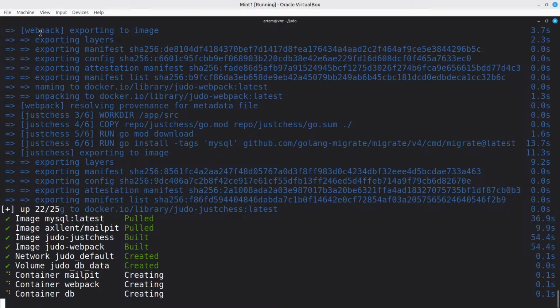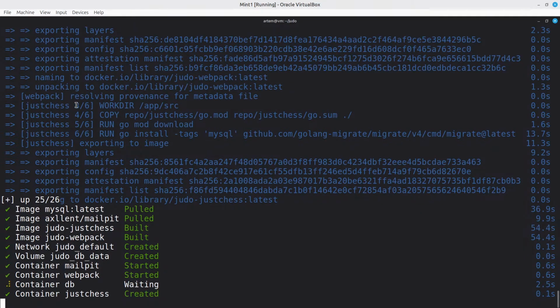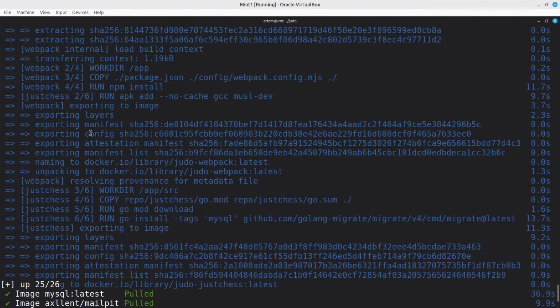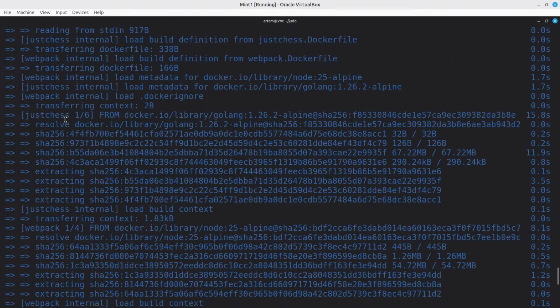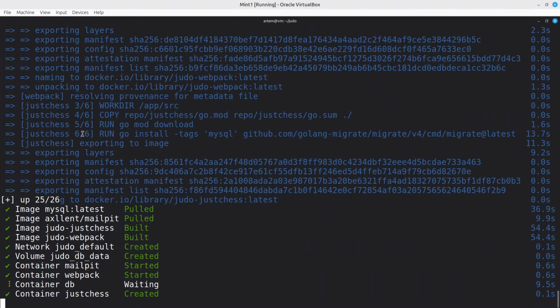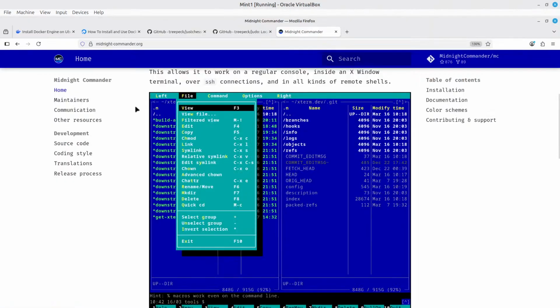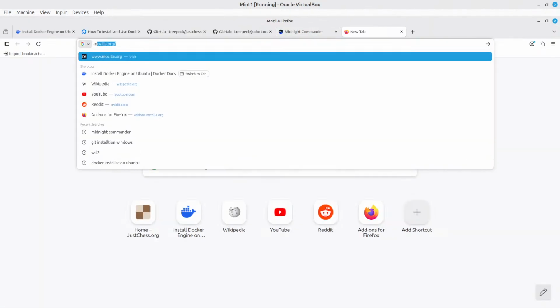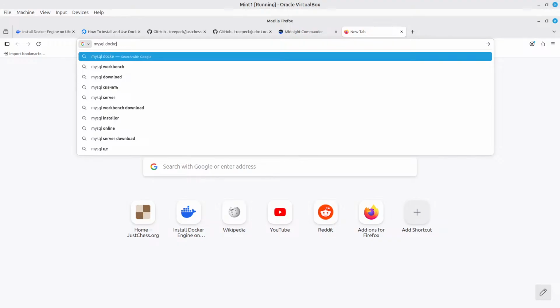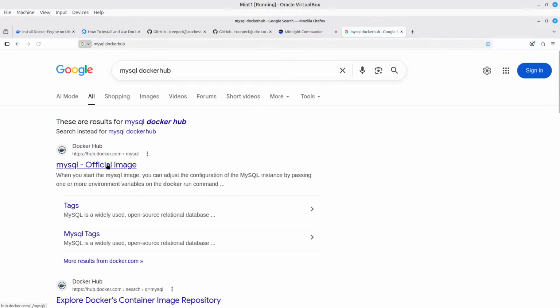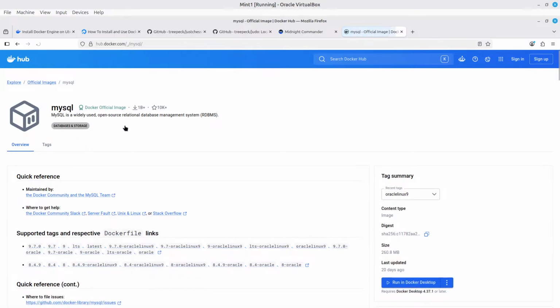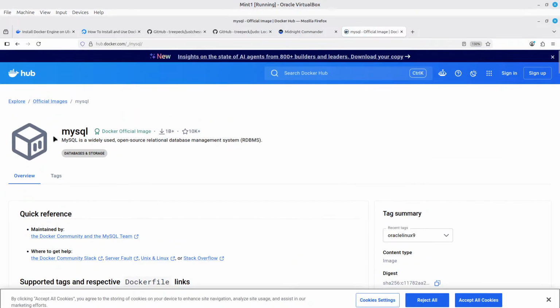So the initial setup takes some time, but once you pull the required images, you can then run containers really fast. So basically, what we are doing now is Docker pulling the required software images. So for example, for MySQL database, there is an official image on the Docker Hub, as you can see. So yeah, this is an official image, and I use official images for